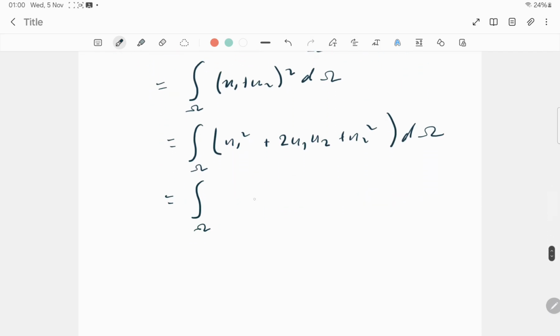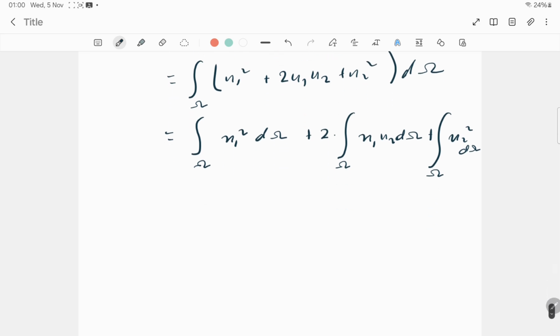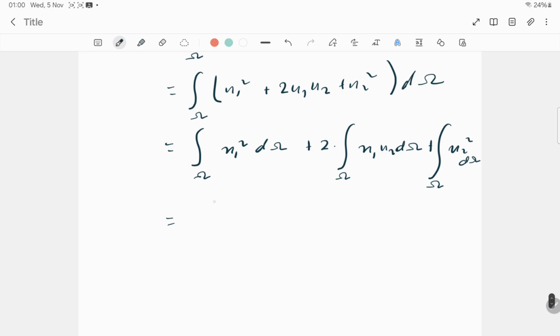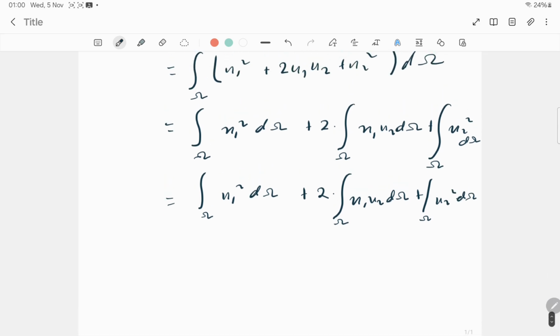So that's going to be the integral over omega of U1 squared d omega plus 2 times the integral over omega of U1 U2 d omega plus the integral over omega of U2 squared d omega. But that one is going to be less than or equal to the integral over omega